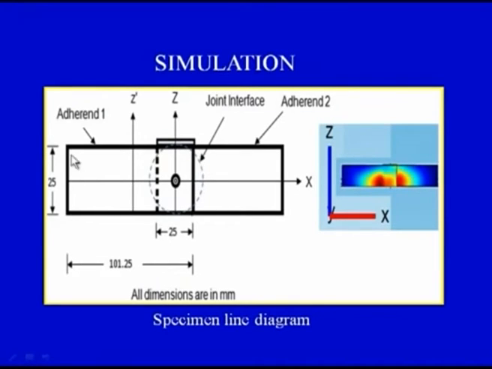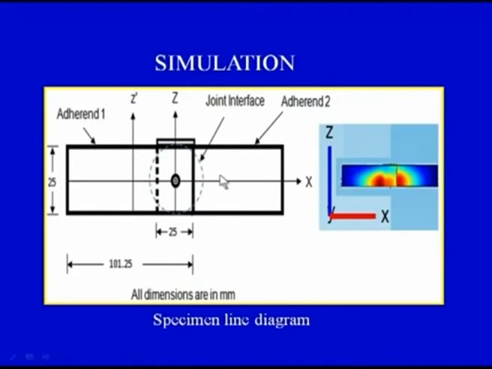So we have two adherents standing end to end like this. Other view can be like this. This is the top adherent, this is the bottom adherent. So we have two adherents like this and this is the top of the adherent. This is adherent number 1 and this is adherent number 2.